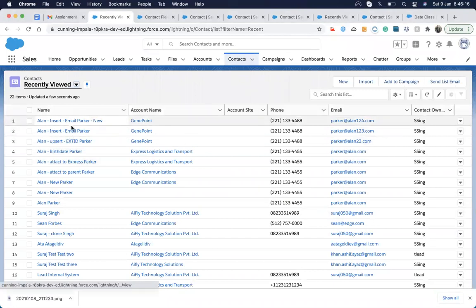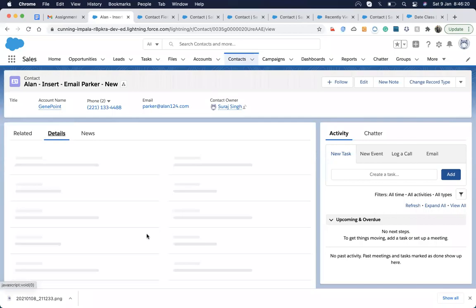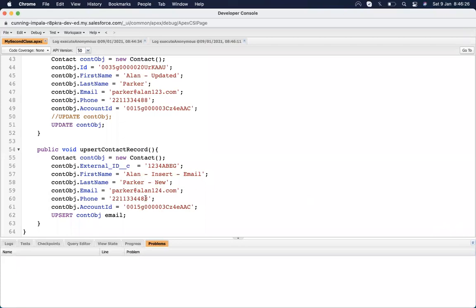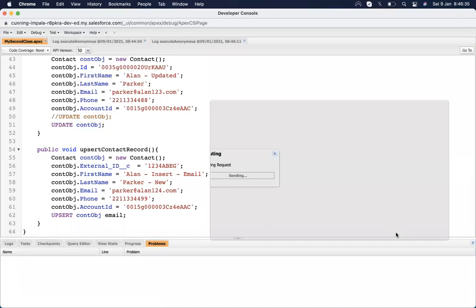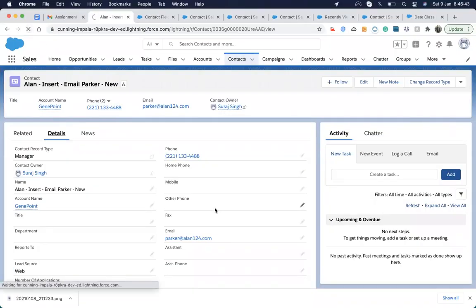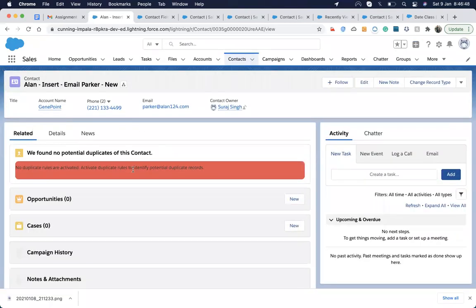So that is not found, and it created a new record with the Alan Packer 1234. And if I again come back and make changes, suppose I make changes in here, the phone number, and do the same thing. I just leave it as it is, and then I hit execute on the last statement. It will execute that command, and instead of phone number 88, it becomes 99. So this is the way the upsert is working.